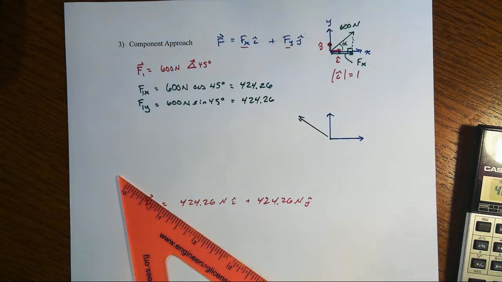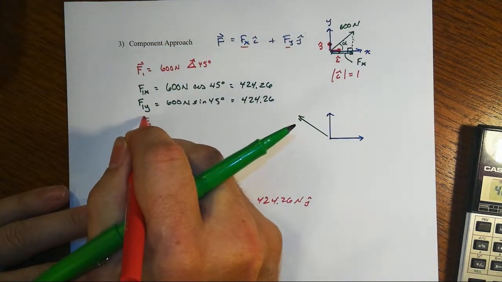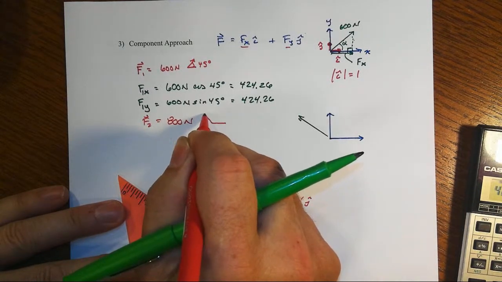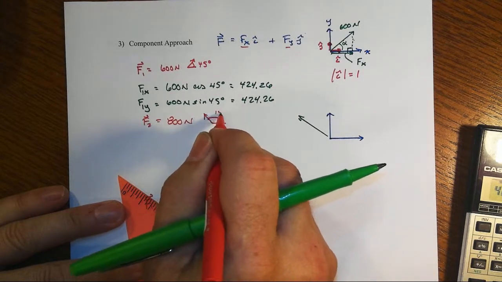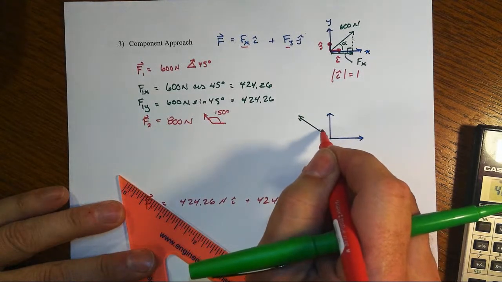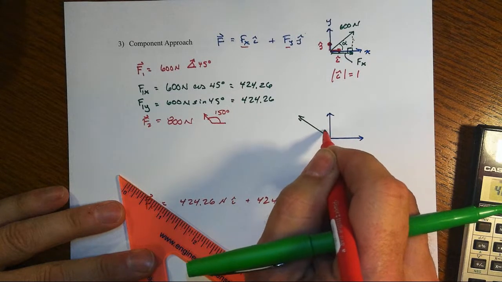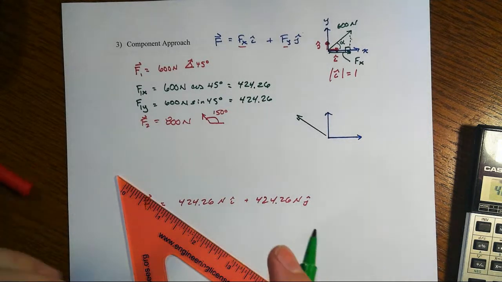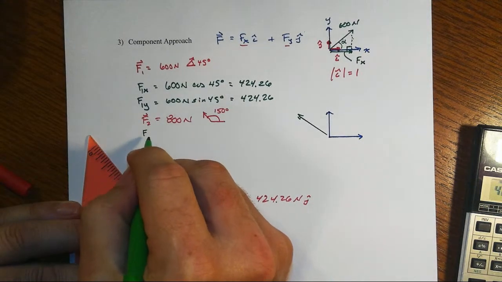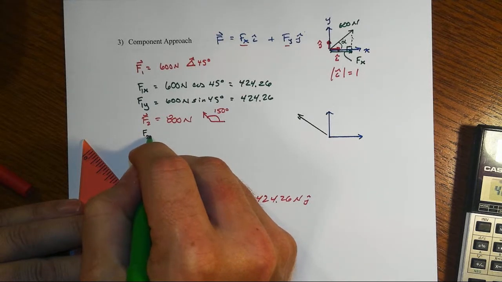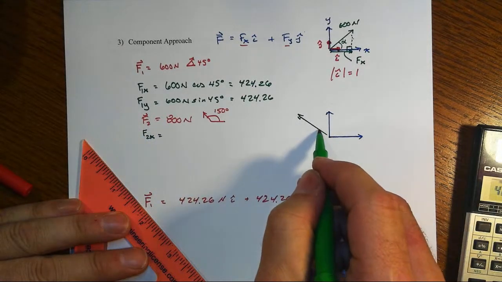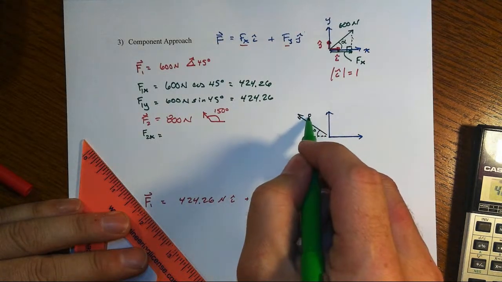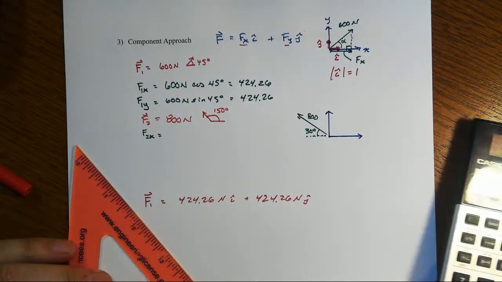I'm going to be a little funny about it for the following reason. That one, F2, is going to turn out to be 800 newtons, and it's acting from the x-axis at 150 degrees. It was 60 degrees from the y, and that would make it 150 all the way from x. And note, this is going to be kind of funny. We could say, okay, the x component of this force, we could use this 30 degrees right here. There's your 800. We go 800 times cosine of 30,